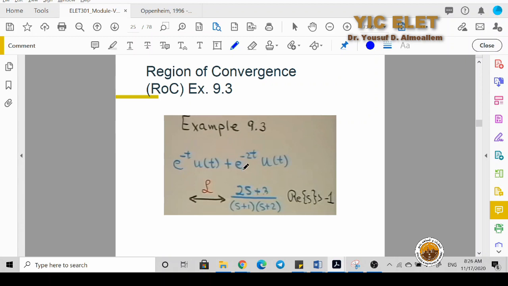And here is e raised to power minus 2t times u of t. And here, a1 will be equal to 1, and a2 will be equal